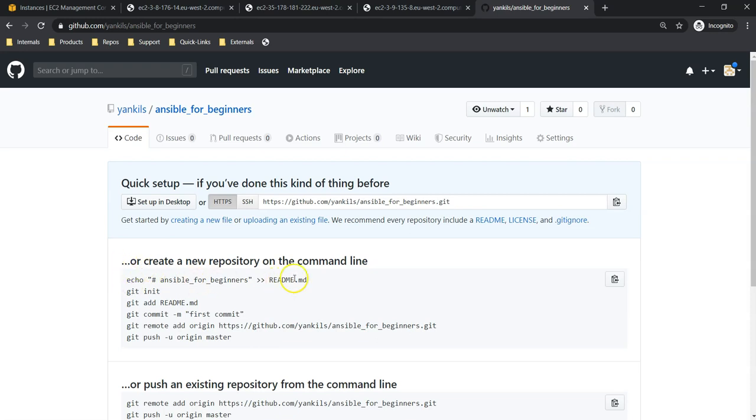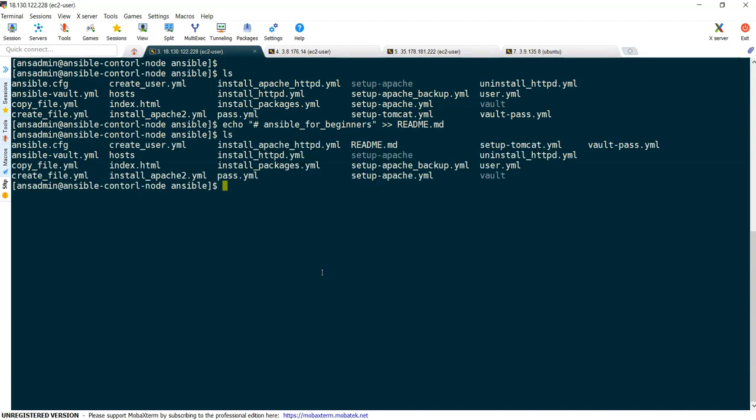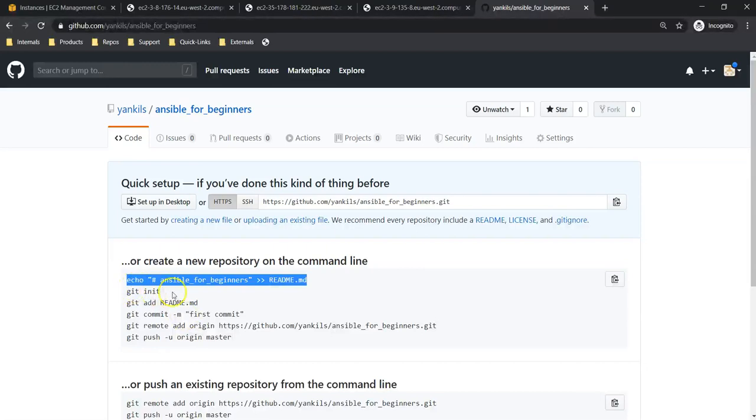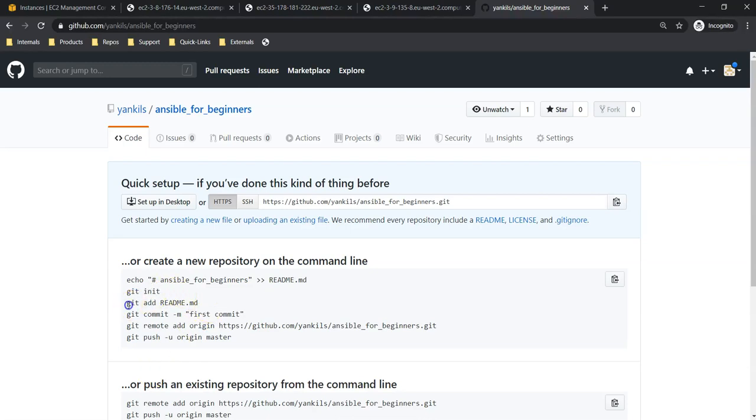I can create a readme file. It is optional, but having a readme file is always a better option. So I will create a readme file. Now we have an extra file, that is the readme file. Go back and initialize your repository. Whenever you do this, it is going to create a local repo. So I'm creating a repository, and git add readme. Whenever you do this, only the readme file is going to get added, but in my case